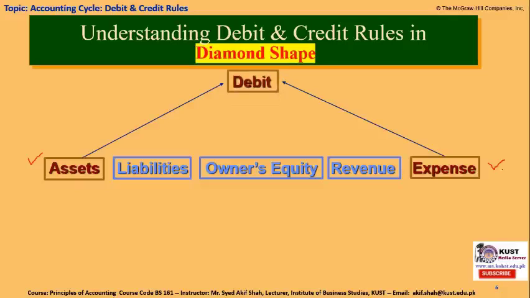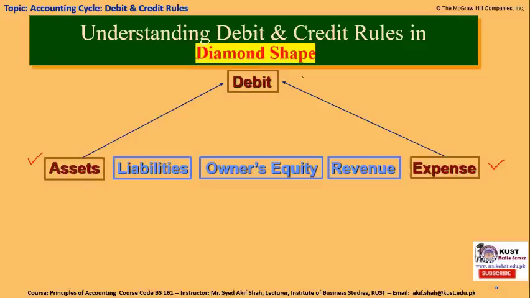You only have to memorize this single step: when there is an increase in the assets, as mentioned with the arrowhead upward, or any expense of the company, you have to record it as